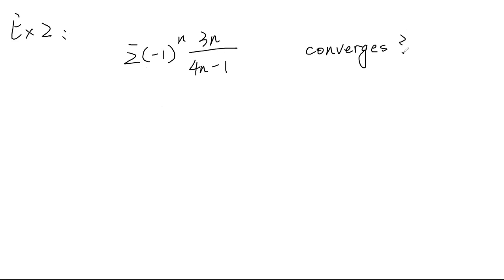For example, if you want to determine whether this series, -1 to the n power times 3n divided by 4n minus 1, is convergent or not, and you try to use the alternating series test,